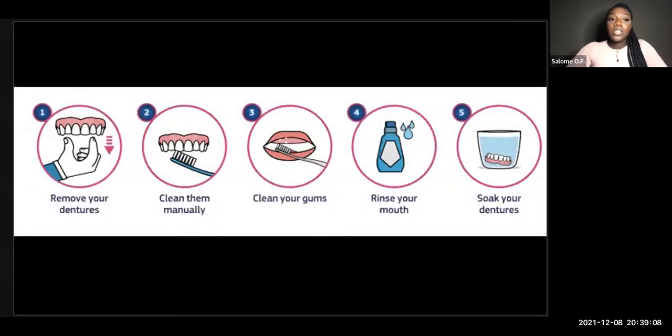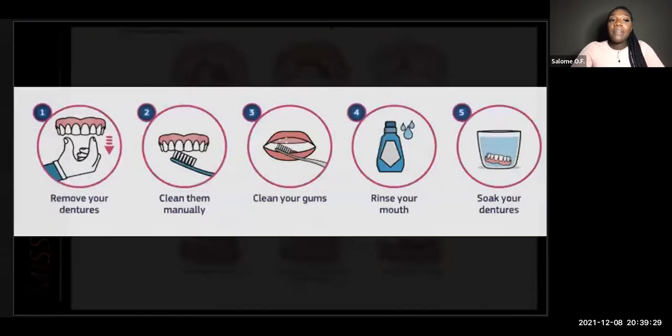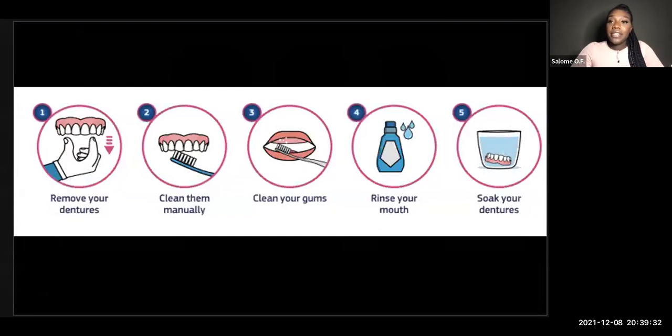So lastly, I want to talk about, for those of you who are wearing dentures, what you can do as part of your nightly routine. And this also includes those who are wearing the partial. The partial is the one where you see here with the several missing teeth, the first picture, you have teeth there, but you still are using something else to replace the other missing teeth. You have to make sure that you remove your denture every night. I know you feel uncomfortable taking it out at nighttime, but you just have to do it because it